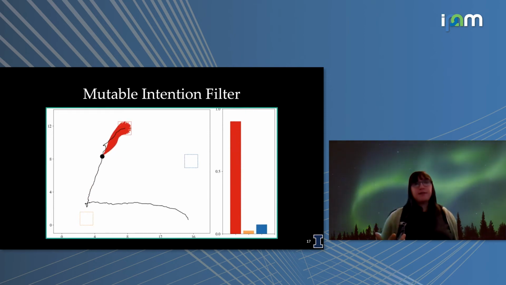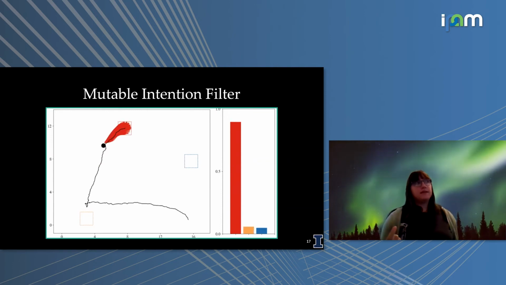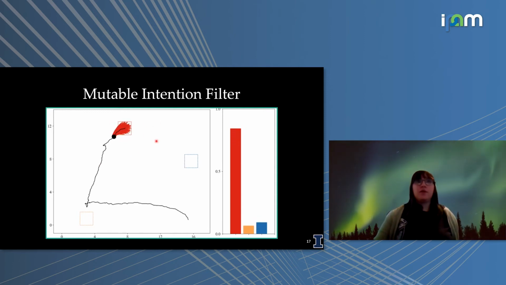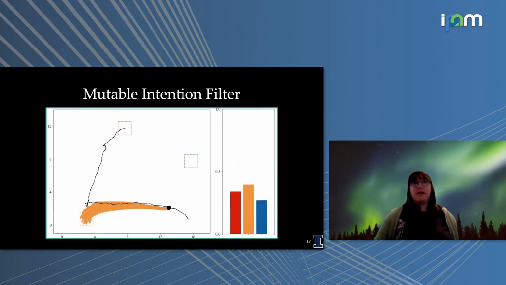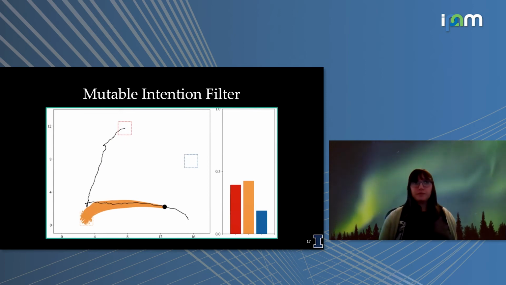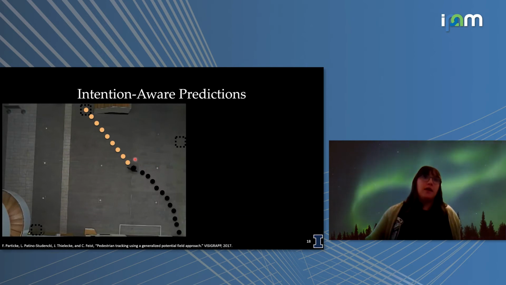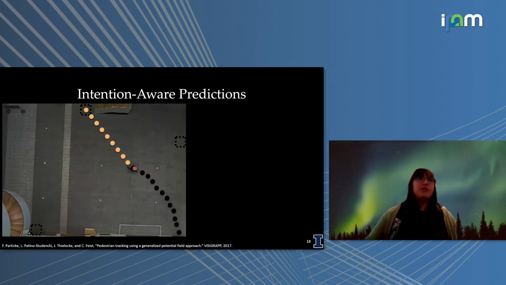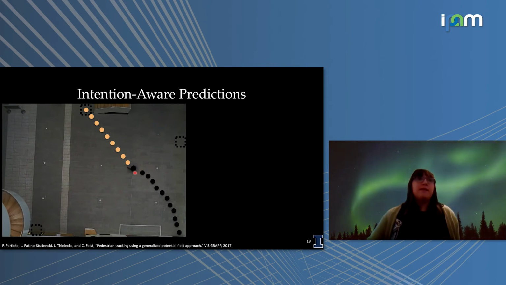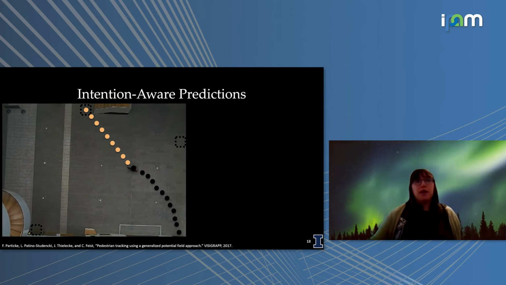Okay, so now let's assume, or hopefully I've convinced you, that we have a pretty good way to infer the intent of the agents. So now let's think about how to actually generate these different predictions, which will help us determine which intent is the more likely one in our filtering framework. Okay, so again, let's assume we have some observation sequence from the agent. We have our pedestrian's last observed position here, and given some intent or some goal region, we want to figure out what the future trajectory is.